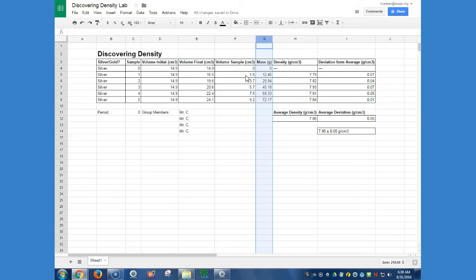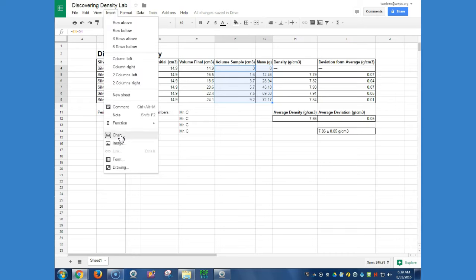So we need to select the data that we want graphed. I'm going to include sample 0 this time because I want to recognize that when there was zero mass of metal, there was 0 water displacement. So let's go ahead and highlight all the cells we want to graph. You're going to hit Insert, Chart,